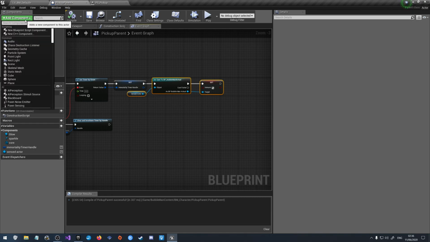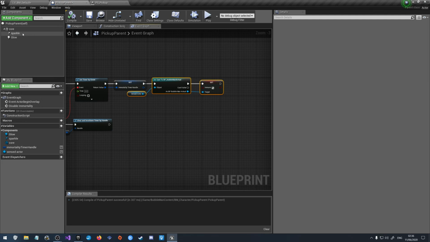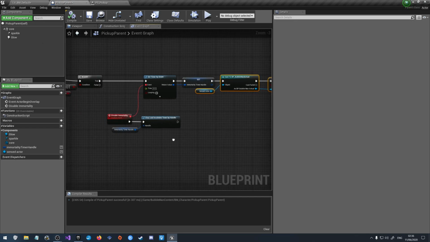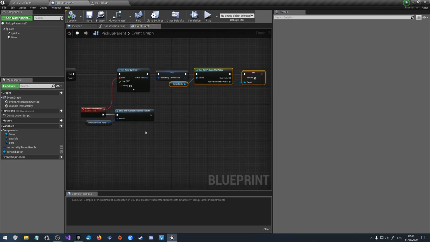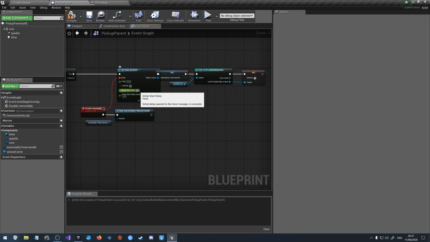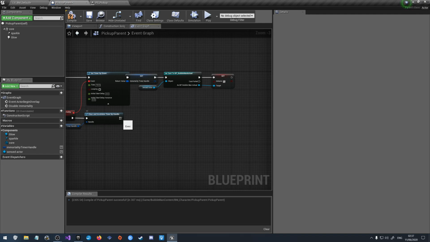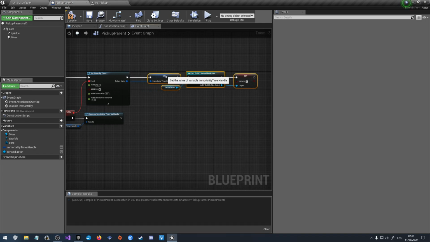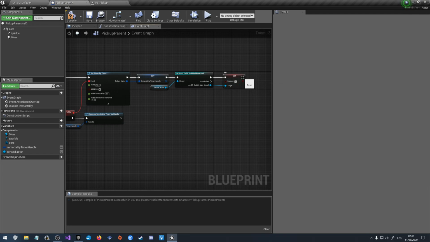Add a component. See, if we delete the actor now,